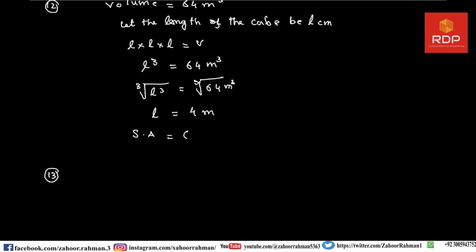Because there are 6 sides in a cube and every side is of 4 meter, we have to multiply 4 by 4. So only one side will be found, and then for 6 sides we have to multiply it with 6, and we will get 96